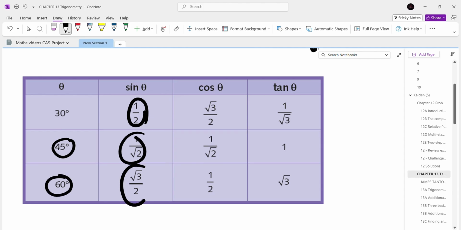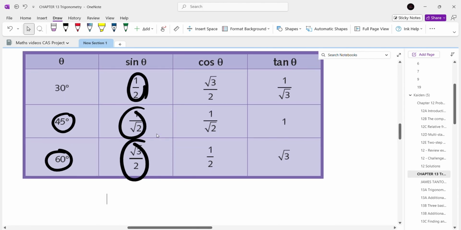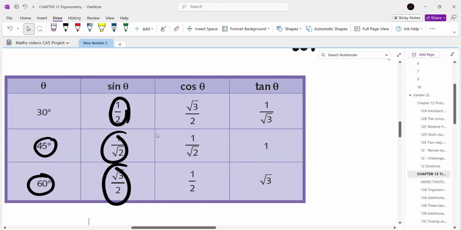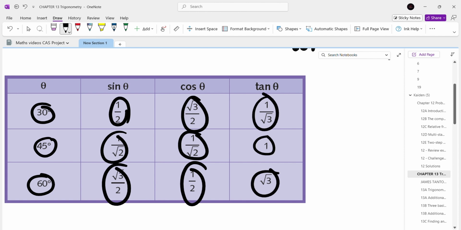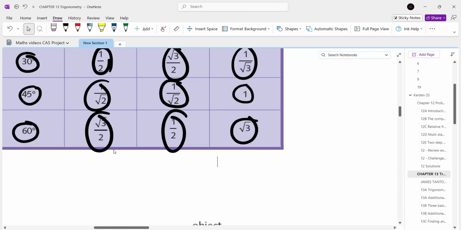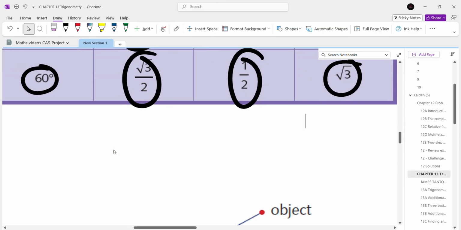Sine of 60 is equal to root 3 over 2. And then with the cosine function, it's 1 over 2. Then tangent, we have root 3. Now, in order to see how some of these would work, let's just draw